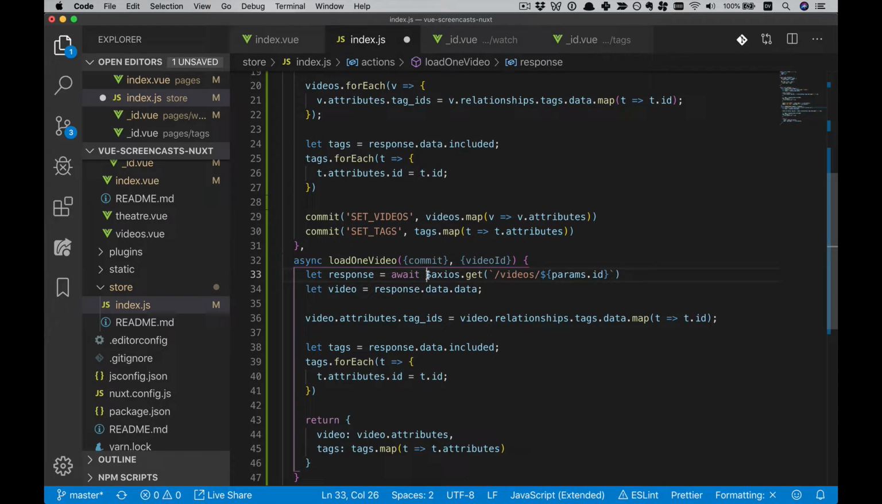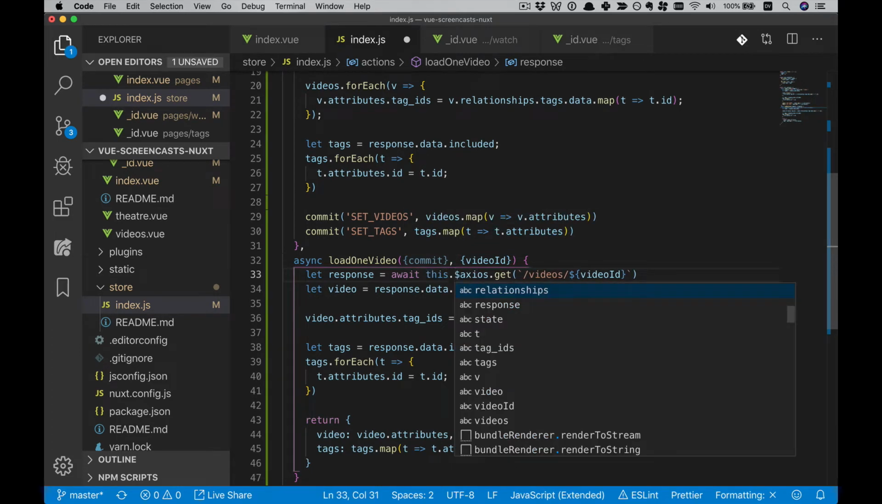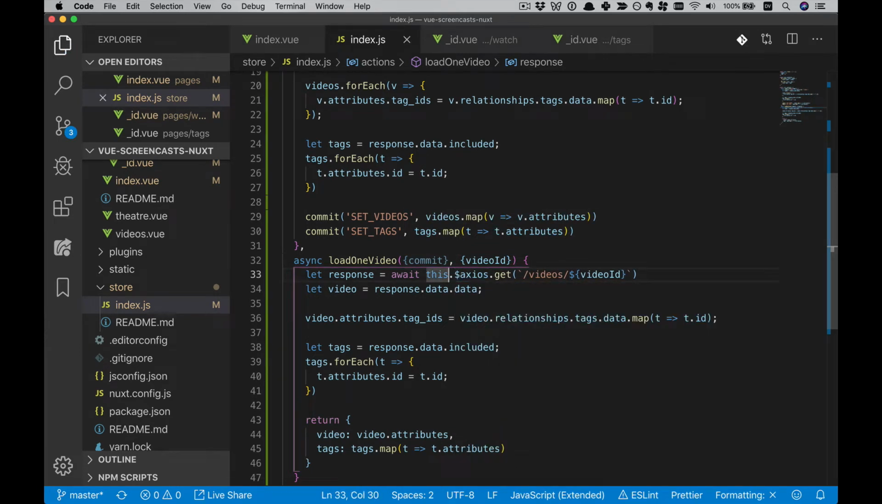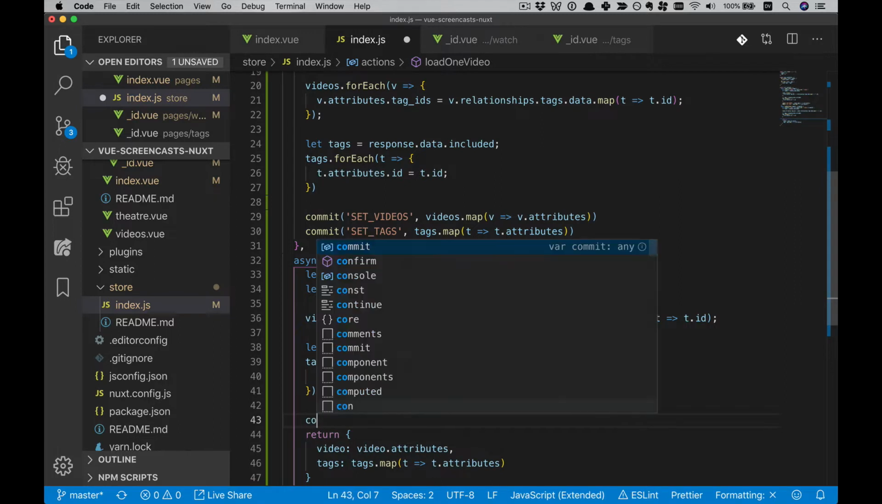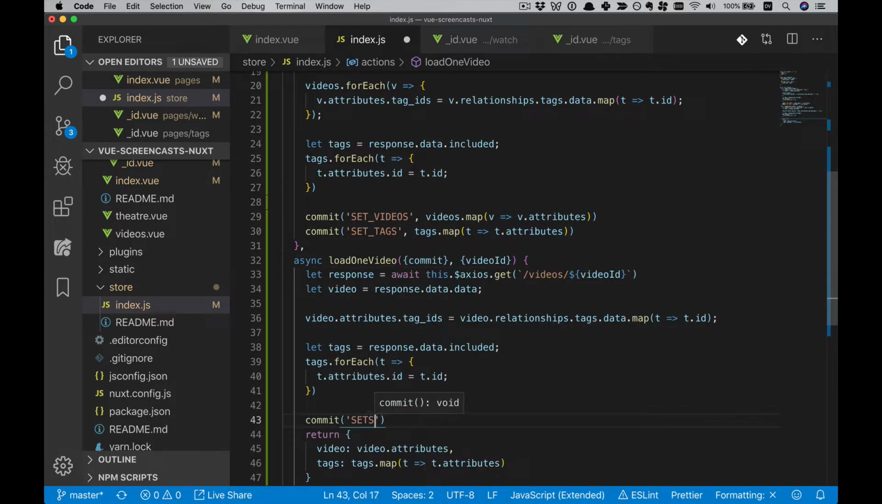All right, so how can we adjust this code to make it work? So we'll replace this params.id with a video ID. So that works now. And then instead of accessing $axios directly, we'll have it on this dot. And then instead of returning the values, we'll need to commit them. So the tags is easy. We already have set tags,